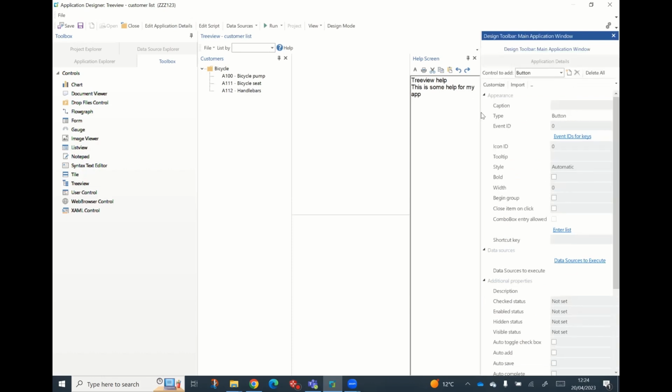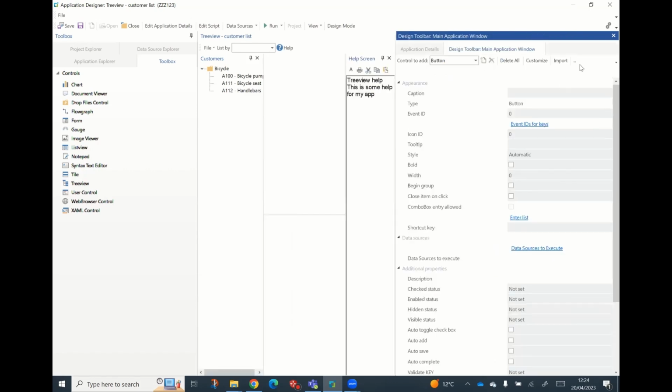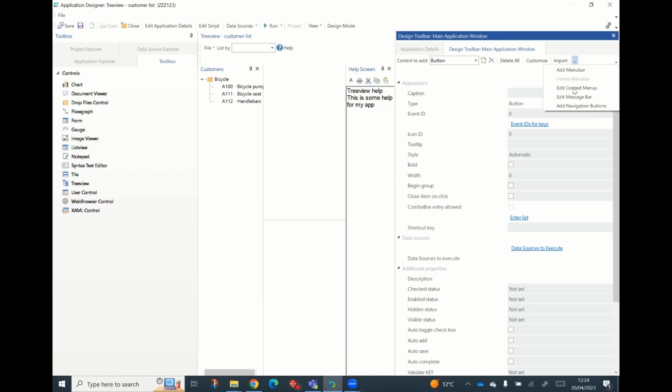And what we have to do first is drag this out here. There are three dots on the end here, and they're not immediately obvious, so that's why I'm dragging this out. On the three dots here, we need to add a menu bar, and you'll see it's gone in here. Now the context menu needs a menu bar to sit on, in effect. So then what we do is we go to Edit Context Menu,